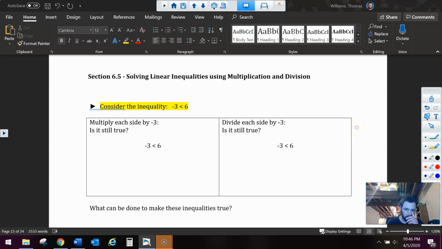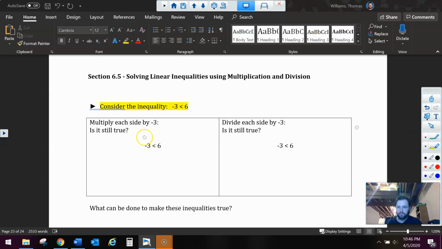We are just going to take a look at the last section here in Unit 6, which is section 6.5. We're going to be using multiplication and division here. Last time we looked at adding and subtracting, and there's just something we want to be aware of when we're multiplying and dividing that makes things a little bit different than working with just an equation when we're working with an inequality. So in this first one, we're supposed to consider the inequality -3 is less than 6,